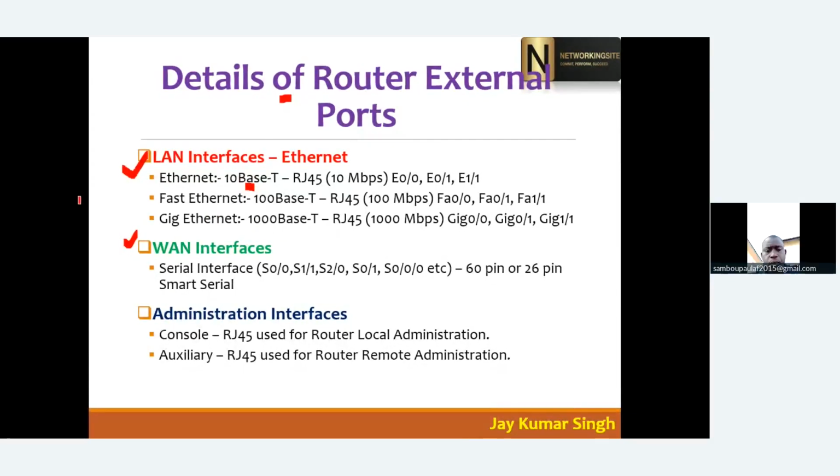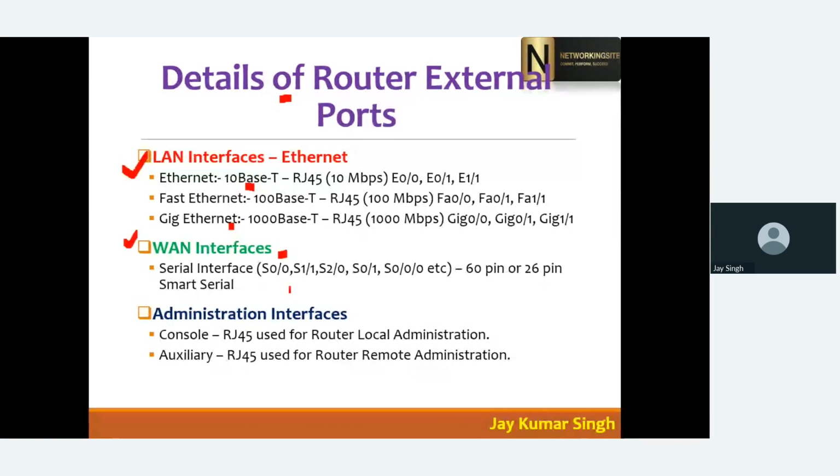The second one is fast Ethernet, which is 100 base T, meaning 100 Mbps speed, and it uses twisted pair cable. Gigabit Ethernet is 1000 base T, meaning it will support up to 1 Gbps speed.